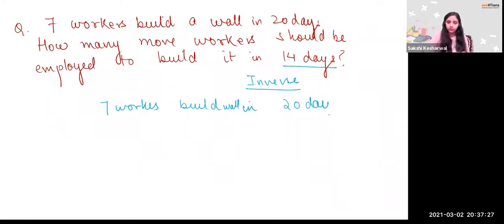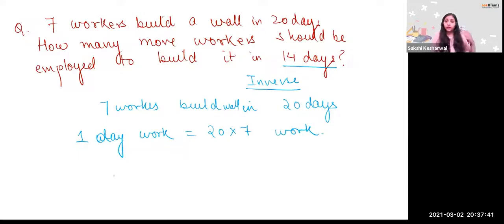In 14 days, 20 days. So one day's work will be how much, beta? In one day how much work will be done? 20 into 7 work done, right? That is one day. How much wall will be built in one day? It will be 20 into 7 wall will be built, right? That is equal to what? A wall build, right? That is 140, right? One day. So in 14 days,